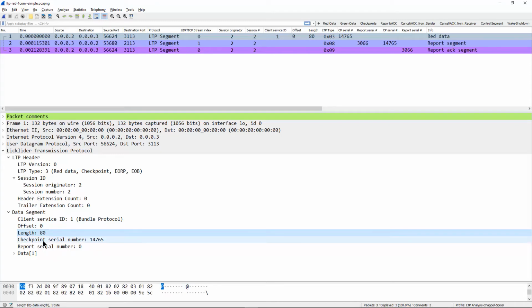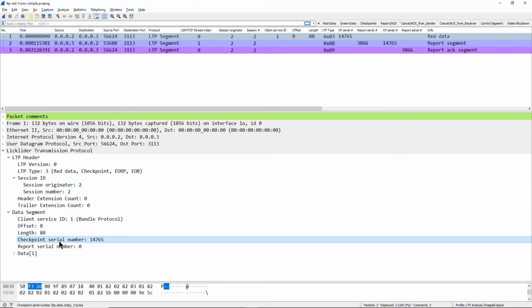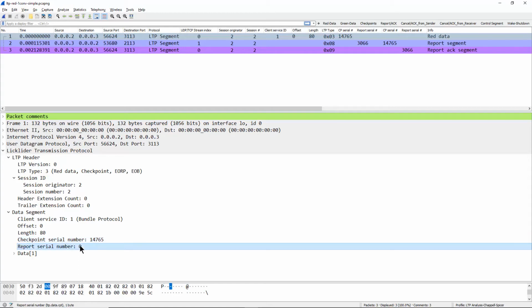Because checkpoint has been set here, we have to provide the checkpoint serial number value. And again, that is how we match up this checkpoint packet with the report that's coming back. Report serial number doesn't matter in this packet. We care about the report serial number in the report segment and the report ACK segment.